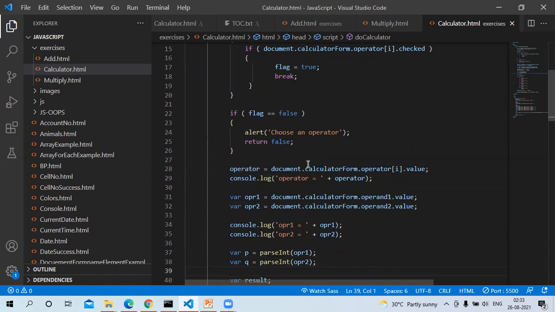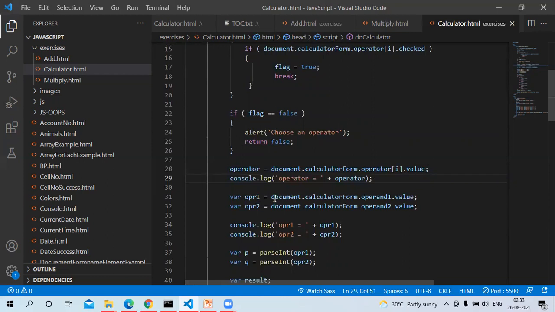Operator is equal to document.calculator.form.operator I of value. So that means out of the 5 radio buttons, only 1 radio button is selected. Okay, what is the value of that radio button? That we are collecting here, operator, and then we are displaying here. Okay, so based on this operator value, we are doing the addition, subtraction, multiplication, division, and modulo, like that.